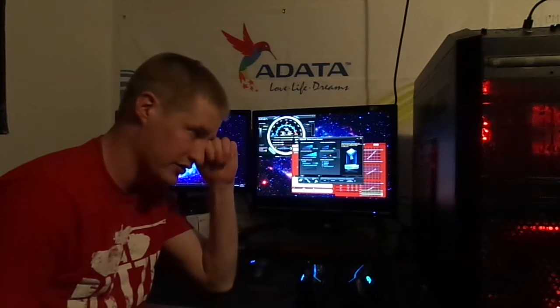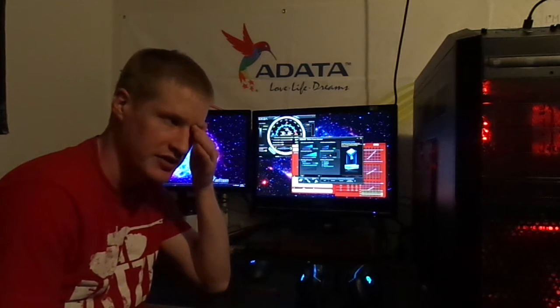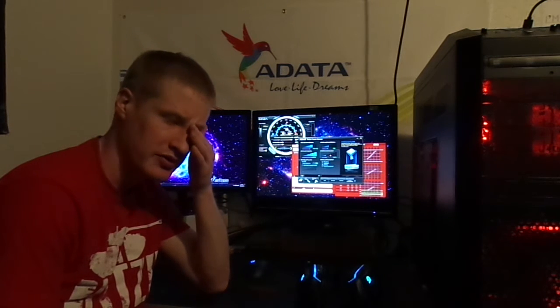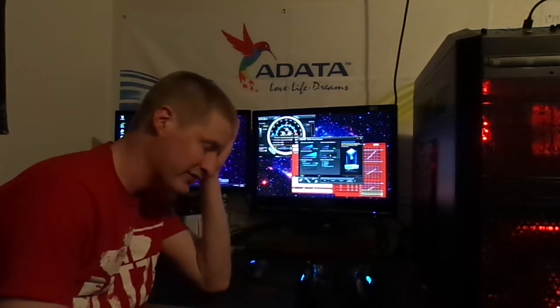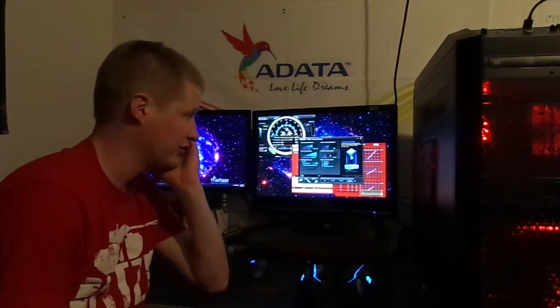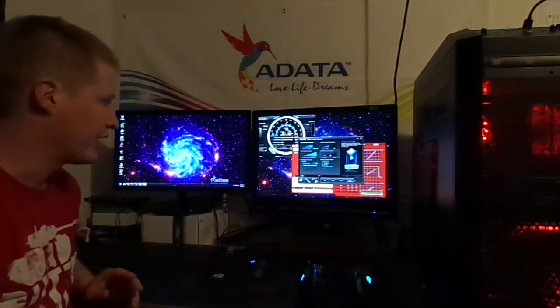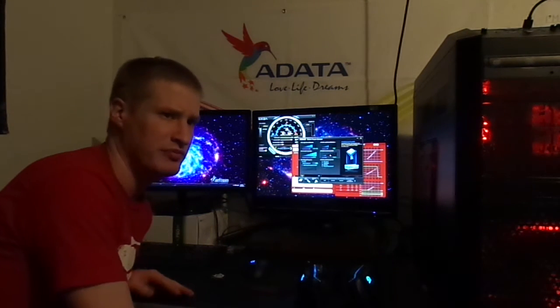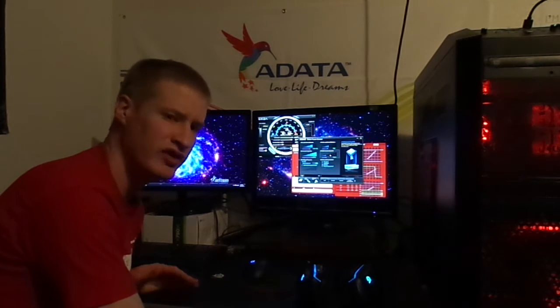At 4.2 gigahertz in Battlefield 4 Ultra settings, I'm getting above 50 frames per second, usually above 70 frames per second at 1080p, 70 field of view in Battlefield 4 multiplayer, which is the most demanding game that I have outside of maybe Crysis 2, and I don't have that much fun playing it. So,